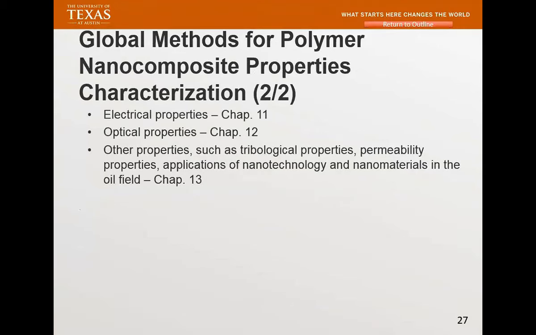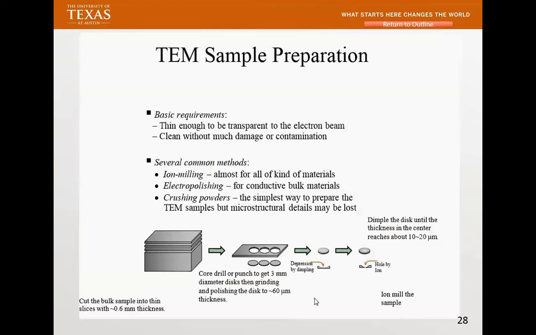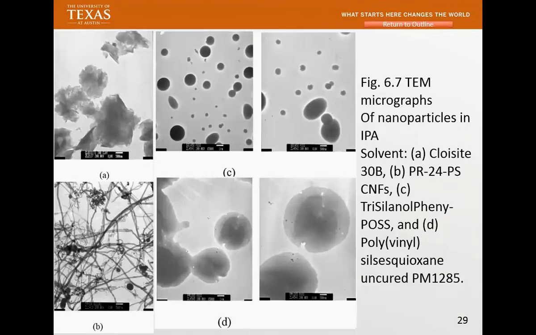Chapter 13. Okay. So this is what we have, and this is what is important about TEM. It's so tedious. You have to cut it, and then you have to cut a very small sample, and ion mill it, and that makes it a very good technique. If you are working in the industry, I highly encourage you to learn that, because it will help you a lot. The university will provide the equipment and training. In industry, you don't actually have that kind of equipment, except at a national lab. It's very, very different. Okay, so I'm going to show you some of these TEM images that we did.